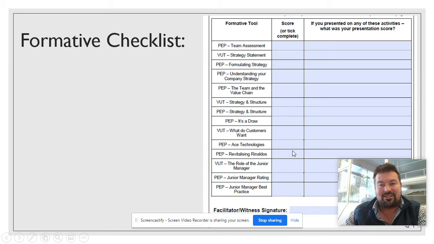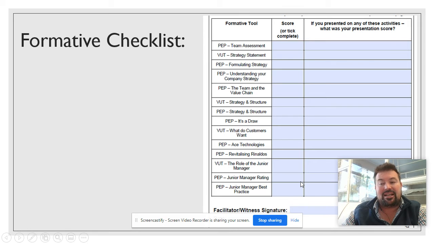Please make sure that you tick or say completed. Value test, so how much did he get for the role of the junior manager? Then you can tick junior manager rating, or you can put in what rating you gave. So out of 250, put in that amount, something out of 250. And then if you did your best practice for the junior manager, then tick that.